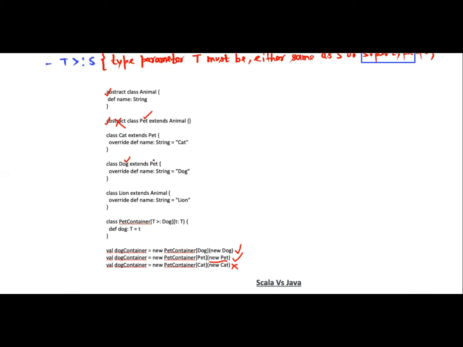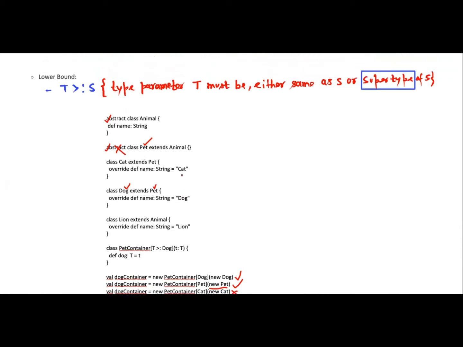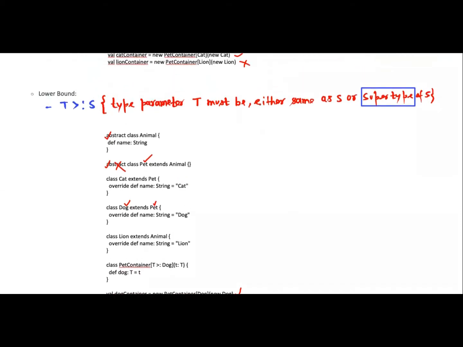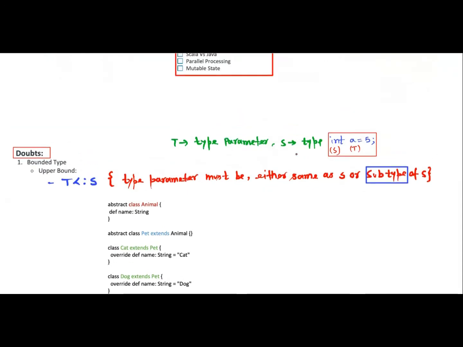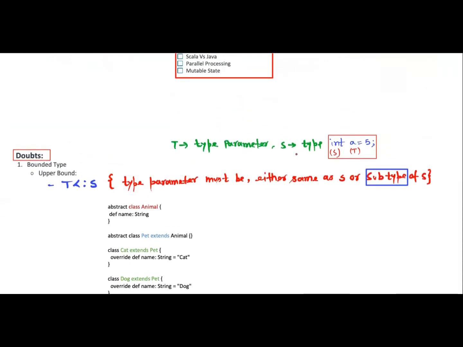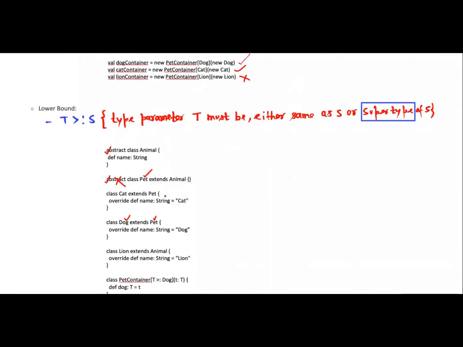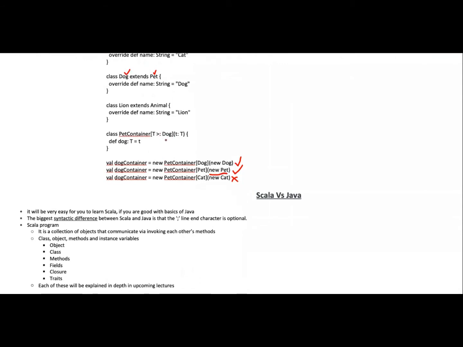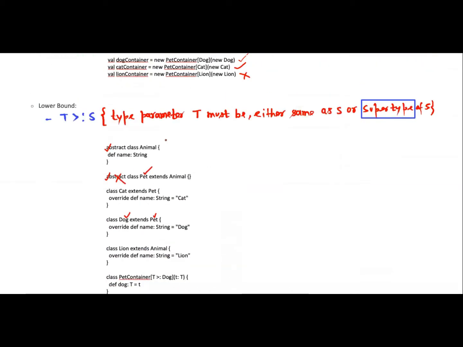The superclass is the one which is actually extended. You might be extending some of the methods of that superclass, and you can pass the superclass itself. That's why it is saying the type parameter T must be either the same as S or a supertype of S. So guys, this is all about the bounded type. In Scala, we can use this upper bound notation, less than colon, and this lower bound notation, greater than colon. This is provided by Scala, and it gives you more restrictions over what you can pass to a class, a function, or as a parameter. I hope your doubt is clear now.